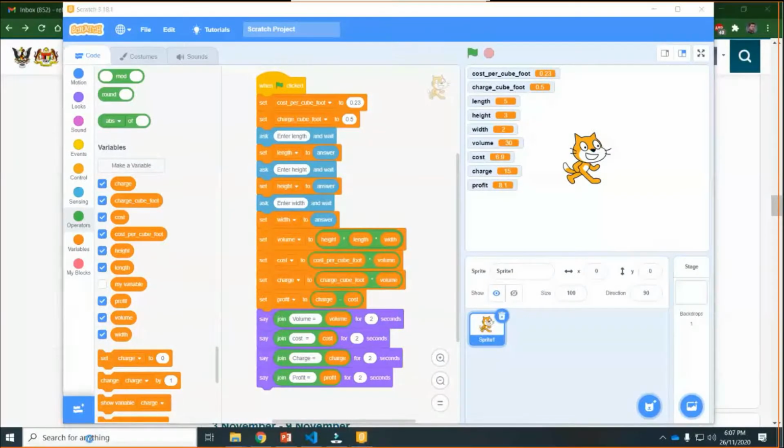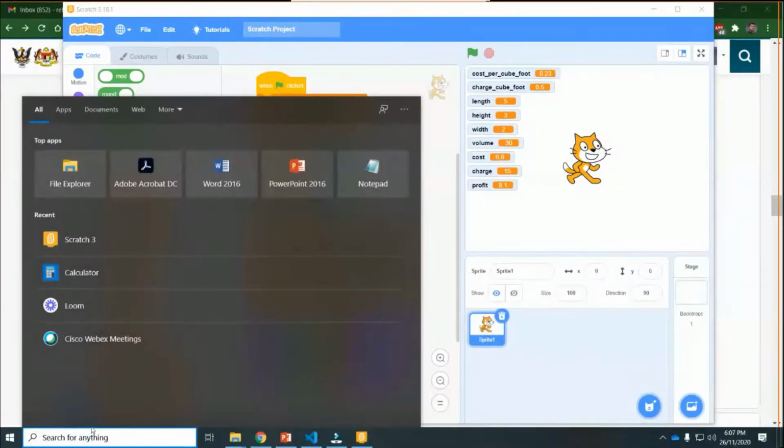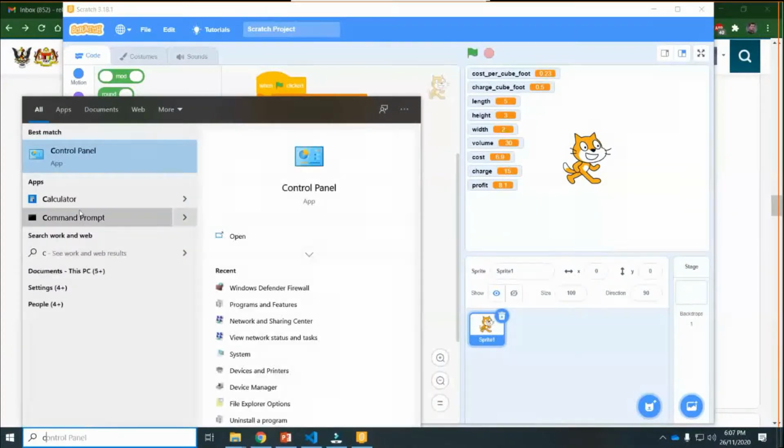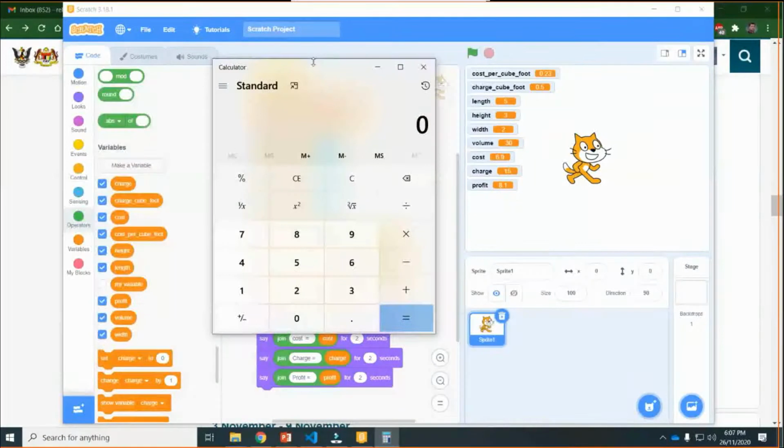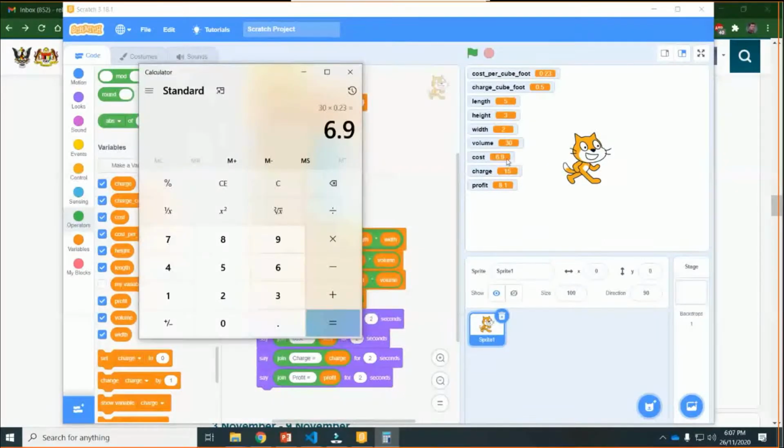It's true, right? And 30 multiplied by 0.23, okay, calculator, let's do it. 30 multiplied by 0.23 is equal to 6.9. You see ours is also the same, 6.9.